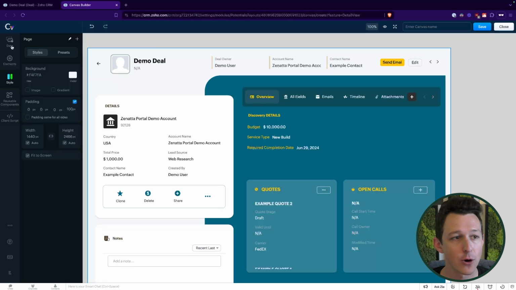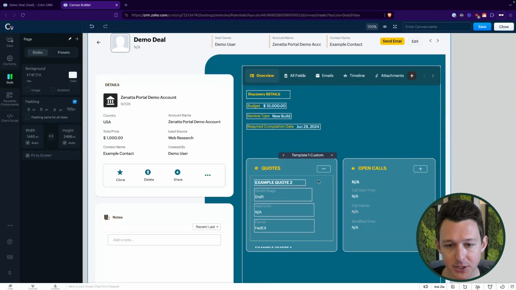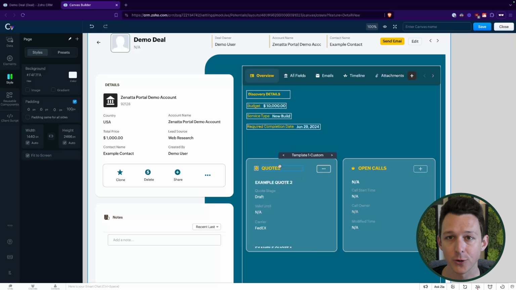So far, we've gone over these left-hand sections. We've gone over swapping some fields around as well as applying formats to fields. Next thing that I want to talk through is how to work with related lists inside of a canvas view. Like I mentioned earlier, I think that the ability to bring related lists up to the top of a canvas is one of the most important things and one of the most driving reasons that one might choose to use a canvas view. Here down below, we see that we've got these two related lists, one for quotes and one